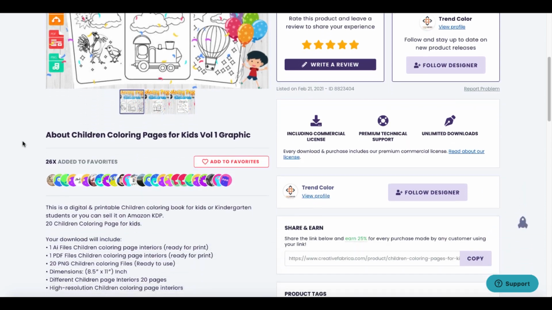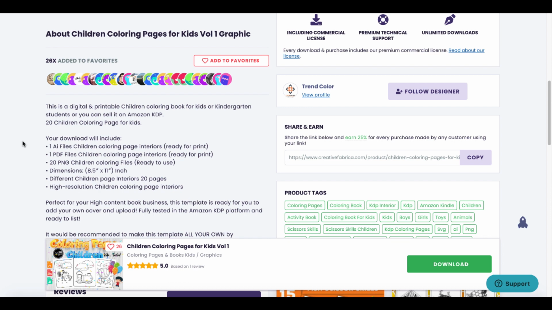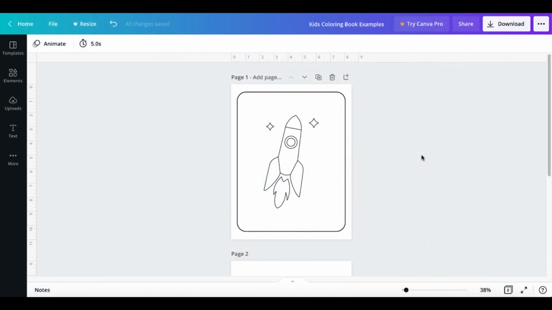And then we're going to scroll down here and we're really going to get into this and be specific on what we're looking at and how we can really create using different tools besides Canva. But we are going to start with Canva because they do provide 20 PNG coloring files for kids that are ready to use. But as we know, when we download those and upload them, this is the image right here